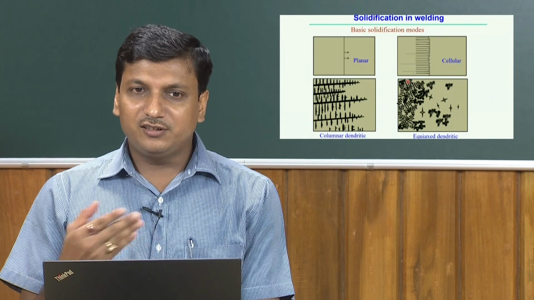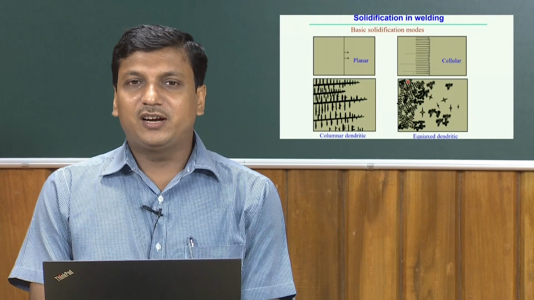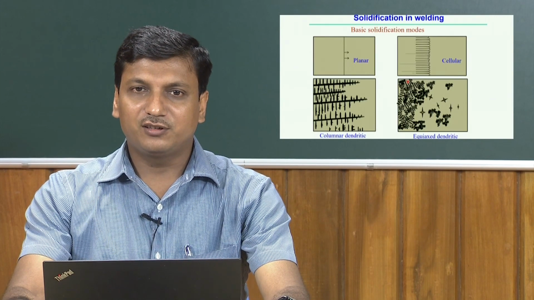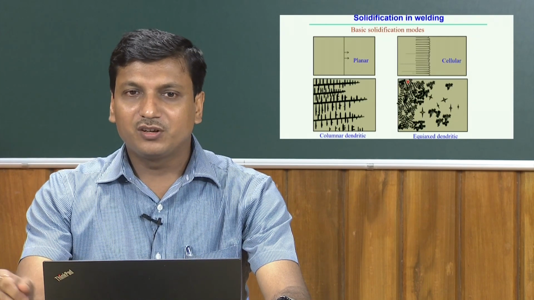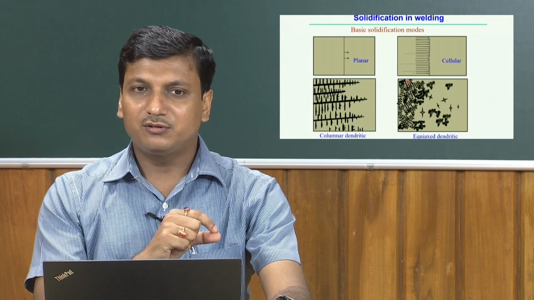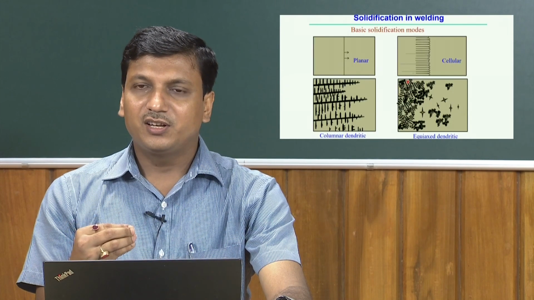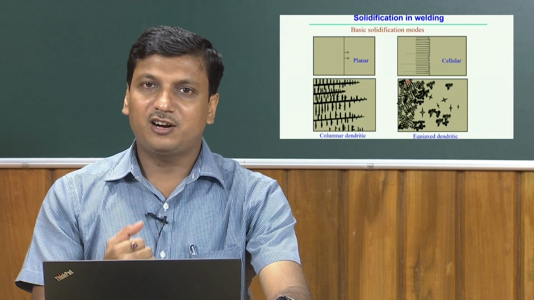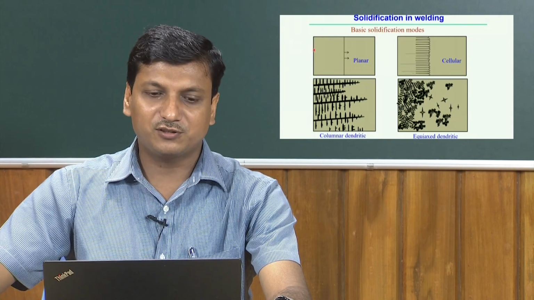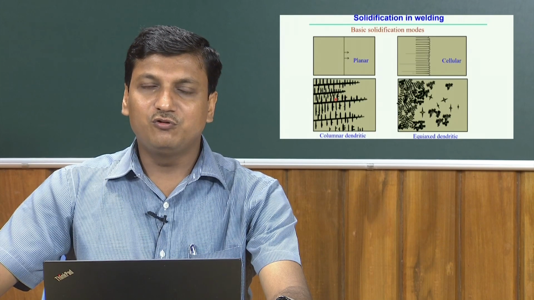Okay. And then during solidification, there may also be the possibility of formation of another type of solidification mode, which is called columnar or dendritic structure. That means the growth happens in such a way that it makes a big column, and the primary and secondary dendritic arms are attached to that column. It is obvious from the figure that this structure represents the columnar dendritic type structure,